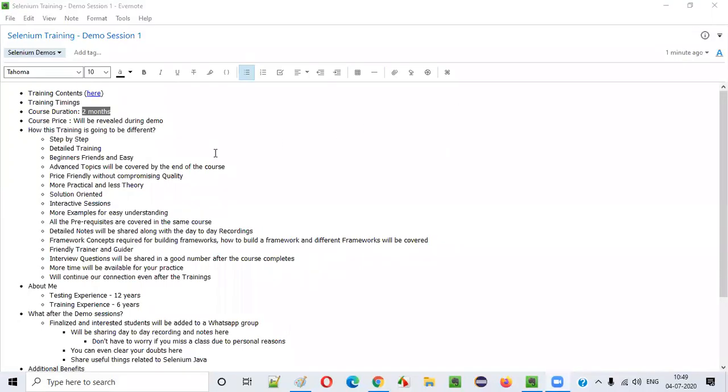Also, notes are there, not only recordings. Along with notes you will get. Yes, I will be sharing both notes and recordings. No need to worry, guys. I am getting a lot of questions on the chat. That's great. So you will have all my notes and recordings for each and every session, with each and every code there with you in the notes.